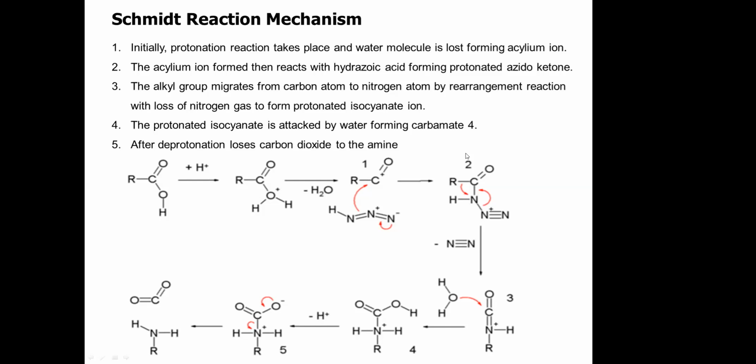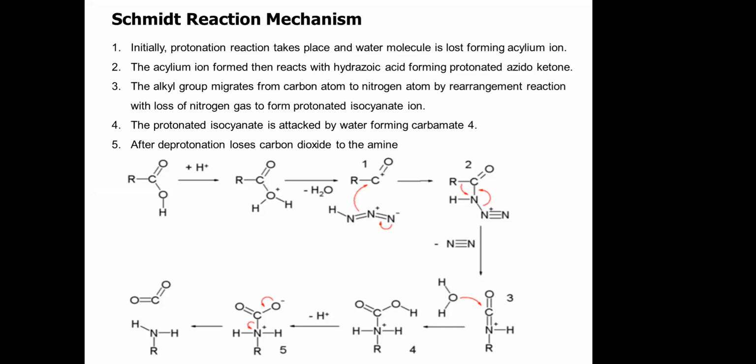So after this, there is a 1,2 migration. The alkyl group migrates from your carbon to your nitrogen with a loss of nitrogen. This leads to the formation of your protonated isocyanate. And this protonated isocyanate will react with water to form a protonated carbamate. And the last step is loss of a proton, deprotonation occurs with the loss of carbon dioxide and you get your amine. So this is the mechanism of the Schmidt reaction. Okay. So this completes your portion for your